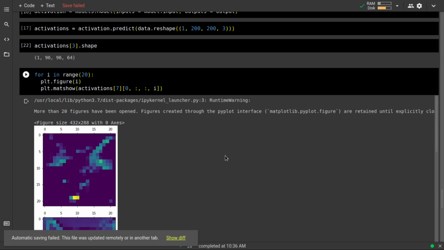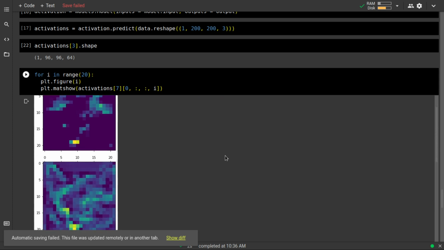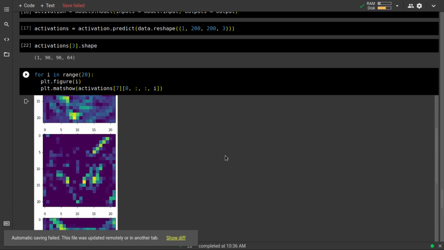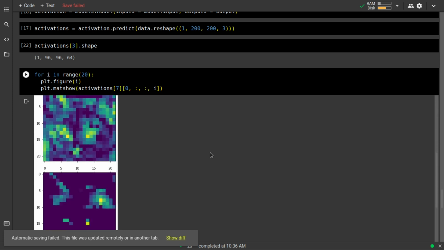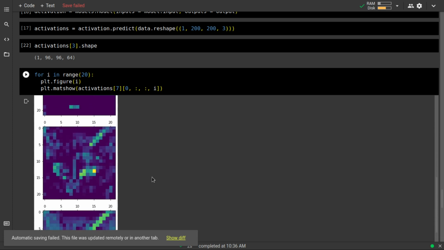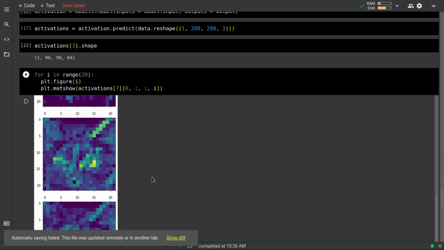Okay, so I hope you got the idea of how you can visualize what your convolutional neural networks are actually learning, and you can utilize this to improve your classification quality, or to get a better understanding of what these neural networks are learning. So as you go down the layers, like for the eighth layer, we are not seeing much of an important pattern.